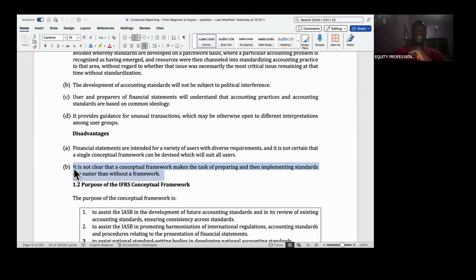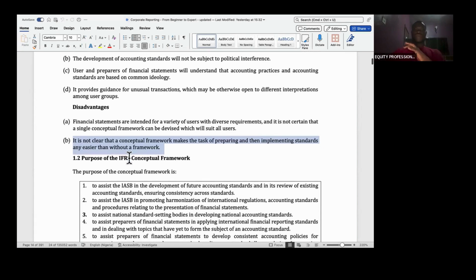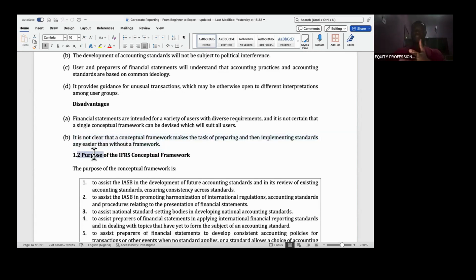Another issue relating to this conceptual framework is the uses of this conceptual framework, or the purpose of this conceptual framework. And in determining the purpose or the use, we just